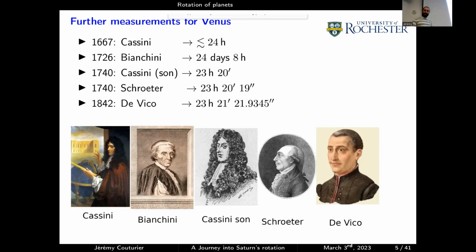And De Vico was like, okay, it gave us a value precise to 10 to the minus 4 seconds. So I have no idea how he managed to get such precision, given that we can't even see the surface of Venus. And then